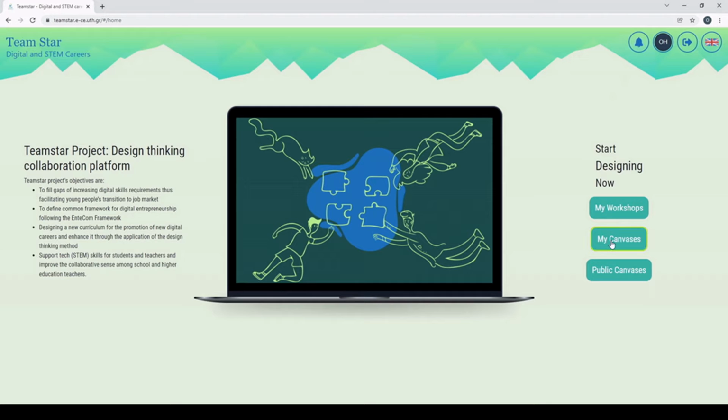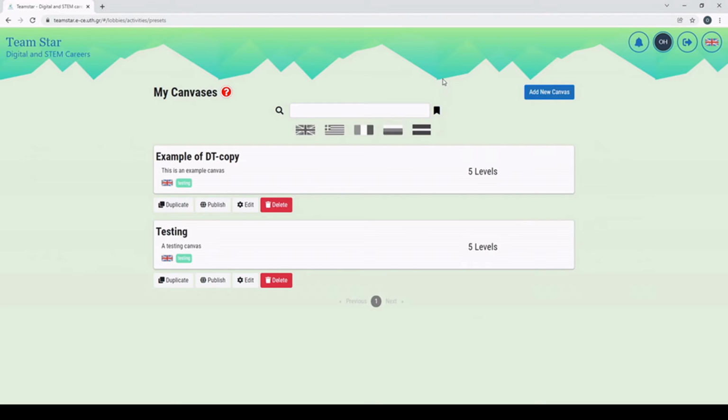Let's begin by canvases. Canvases are design thinking structures which are going to follow the design thinking methodology with 4 or 5 or 6 steps according to the methodology you want to follow. My canvases are a list of the different canvases that I have already created, and if I want to create a new one, I can click here on Add New Canvas.